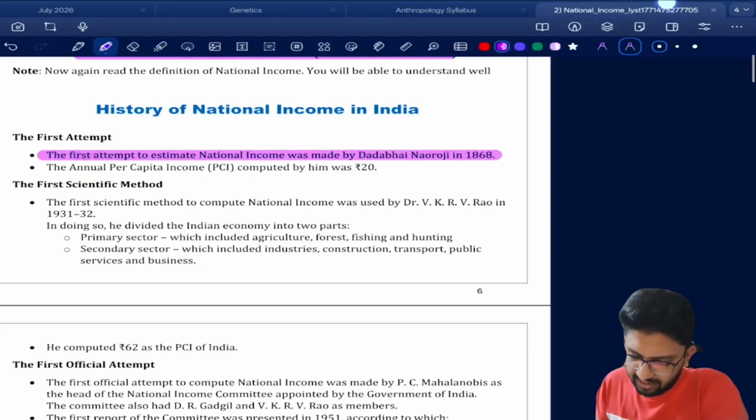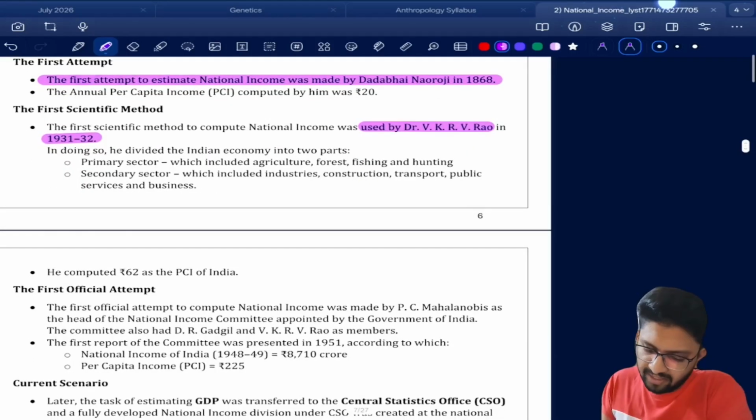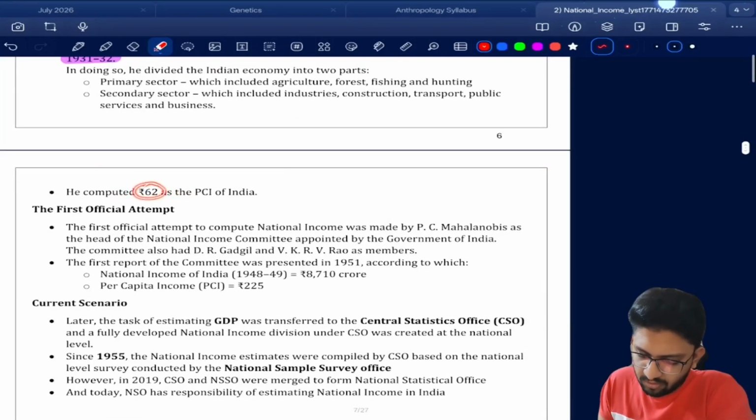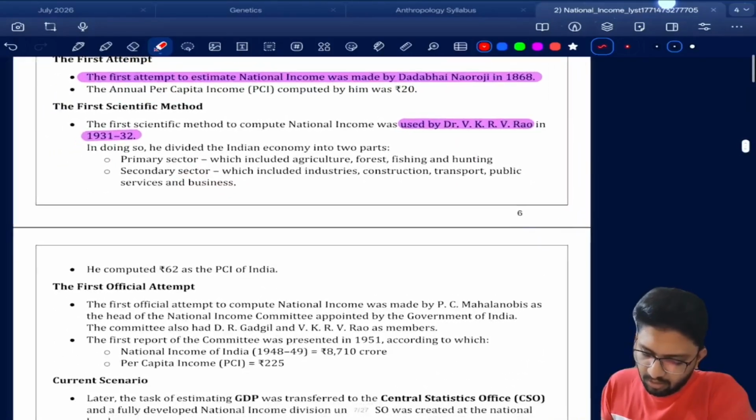The first scientific method to compute national income was used by Dr. V.K.R.V. Rao in 1931 to 32. In doing so, he divided the Indian economy into two parts: primary sector, which included agriculture, forestry; secondary sector, which included industries, construction, transport, etc. He computed rupees 62 as the per capita income of India,